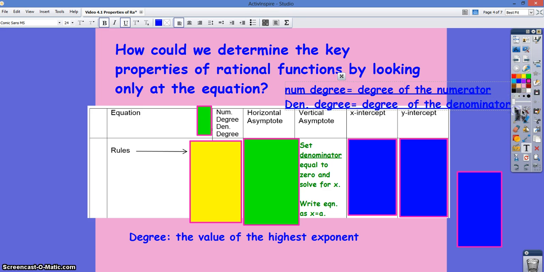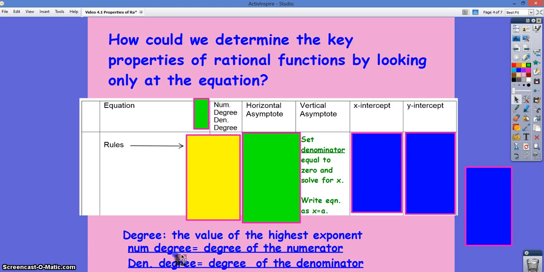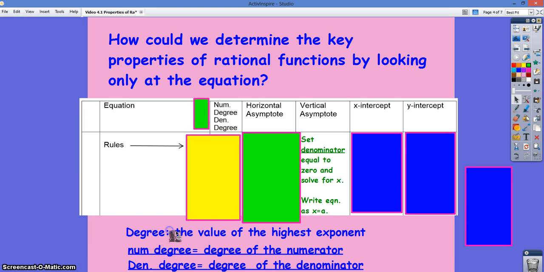Now, you might be wondering, well, what is degree? If you recall, degree is the value of the highest exponent. So we're looking at the value of the highest exponent in the numerator and in the denominator. Okay. Now, to simplify this a bit, I'm going to call the degree of the numerator n and the degree of the denominator d. Okay. Now, there's 3 cases that are possible here. The first case